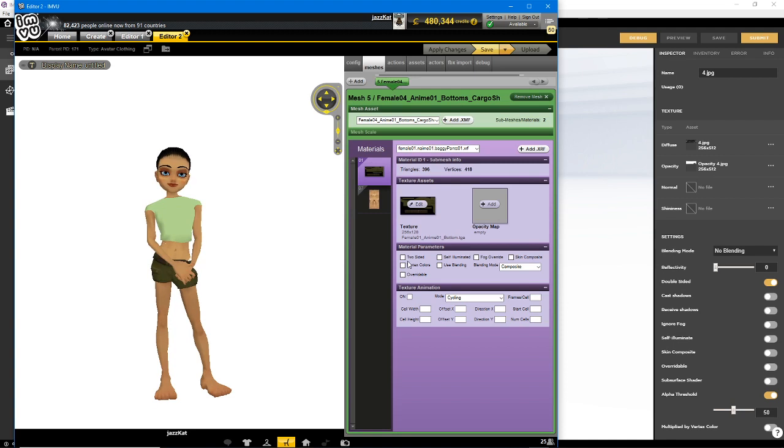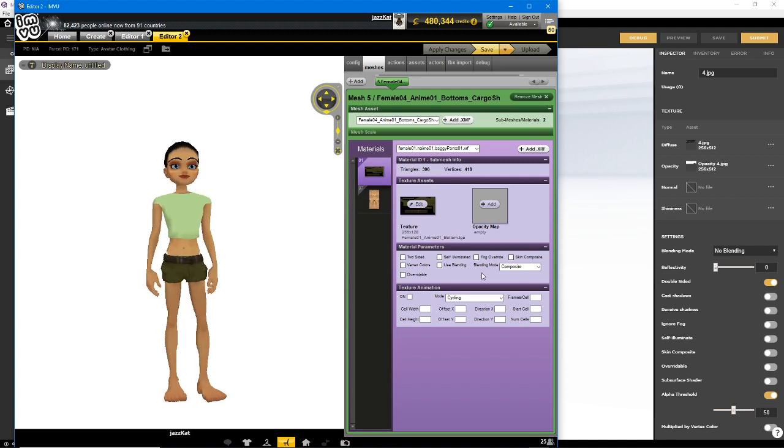Yes, so we've got double-sided or two-sided, self-illuminating, fog override, skin composite, Vertex Colors, oh there it is, multiplied by Vertex Colors, use blending, which is now blending mode,